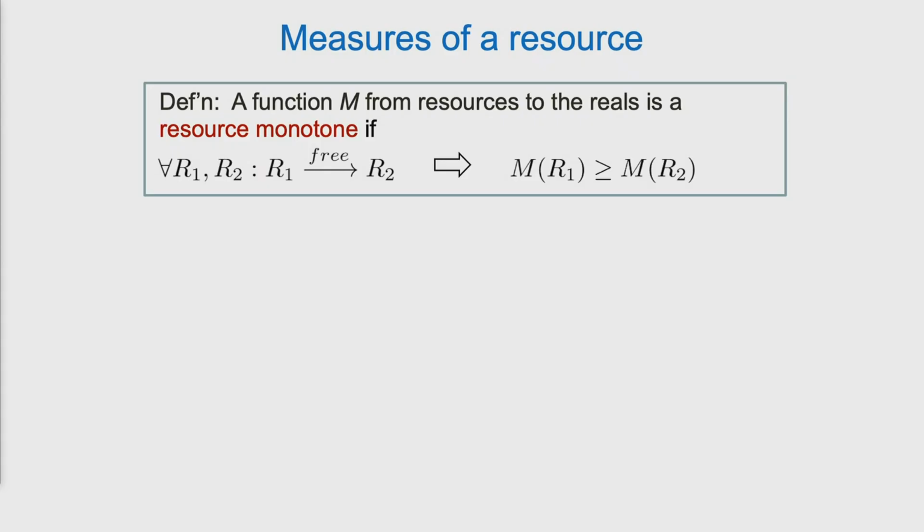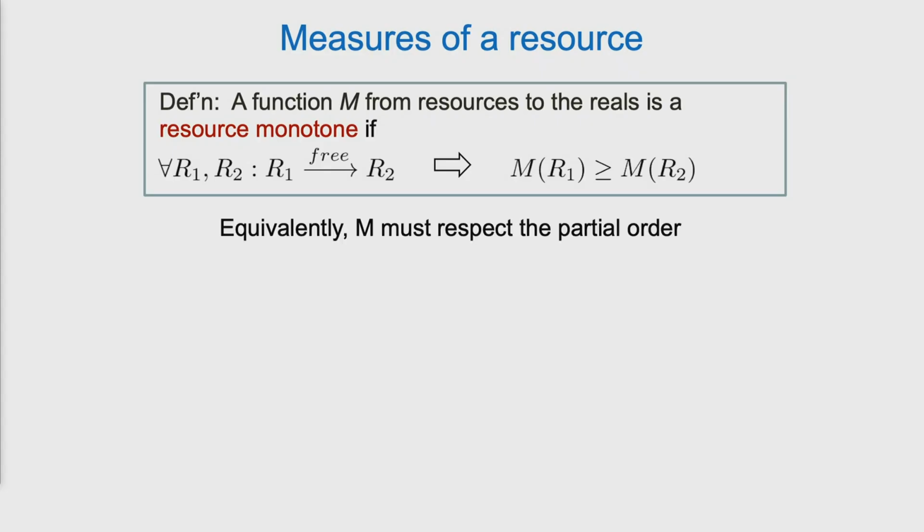All right, measures of a resource. The most general approach, and this was learned in entanglement theory the hard way, where people typically added a lot more conditions on what a measure of entanglement should be. But finally, they realized that the only condition you should ask for a measure of resources is that it's a function from resources to the reals such that if R1 can go to R2 by the free operations, then M of R1 has to be greater than or equal to M of R2. So this is a function that should be non-increasing as I move down the partial order. If I take a step down the partial order, so I move from R1 to R2 for free, then maybe the measure hasn't changed, but it's not going to increase.